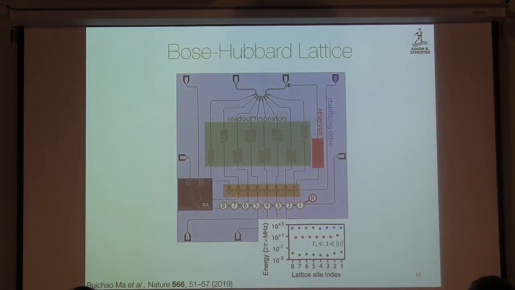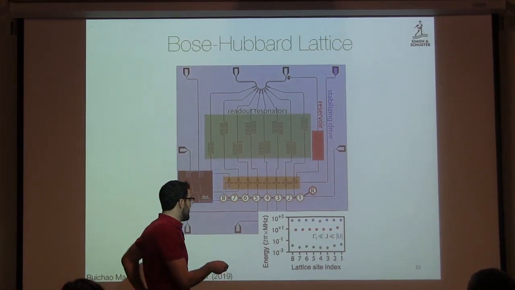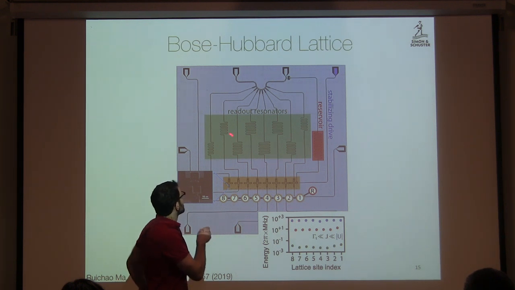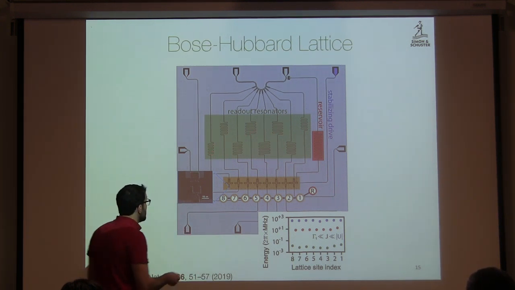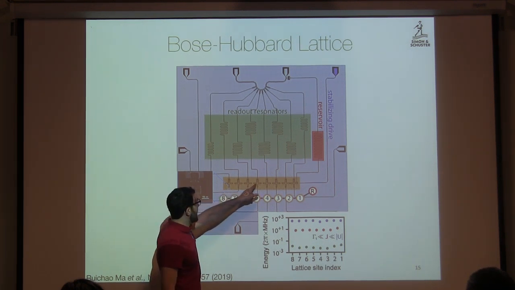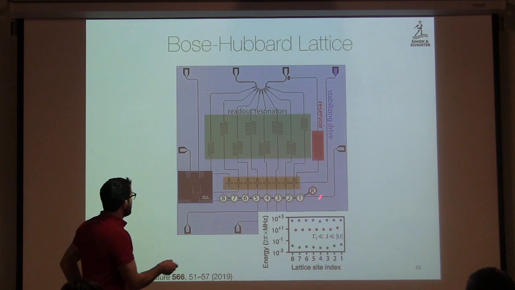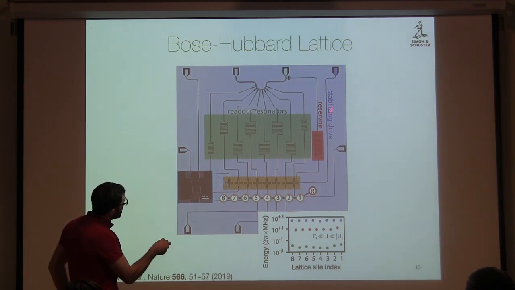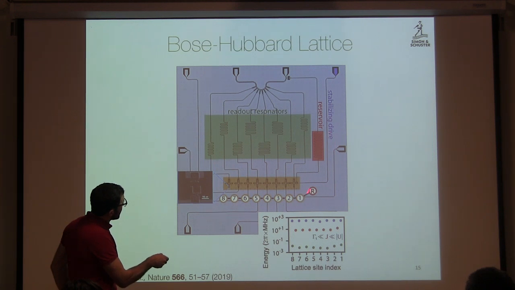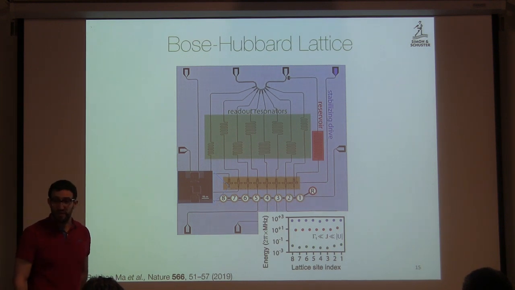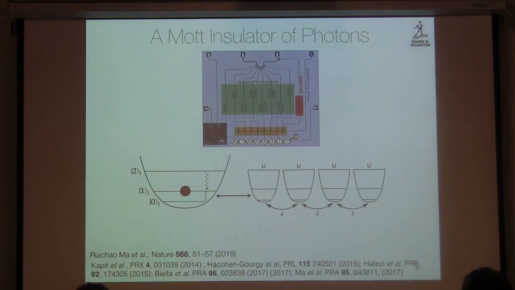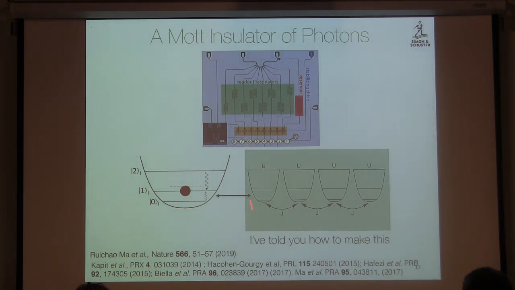Okay, so what I want to do is tell you about how to make this object. So this is the Bose-Hubbard circuit, and what I'm showing you here are the qubits. These are our transmon qubits. These are the readout cavities that allow us to measure the occupancy of each lattice site. They're coupled together by these small capacitive gaps between them. Then what I'm showing at the end here is some special drives for one of the lattice sites that we use to achieve this dissipative stabilization. In the interest of time, I'll skip these details.